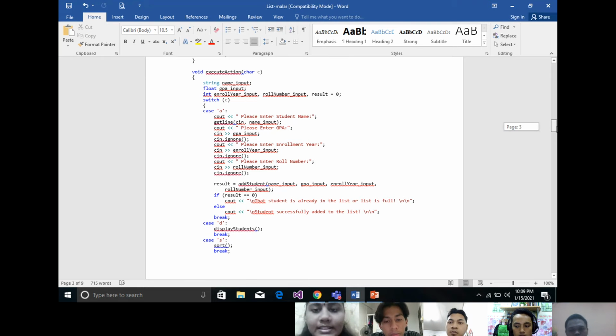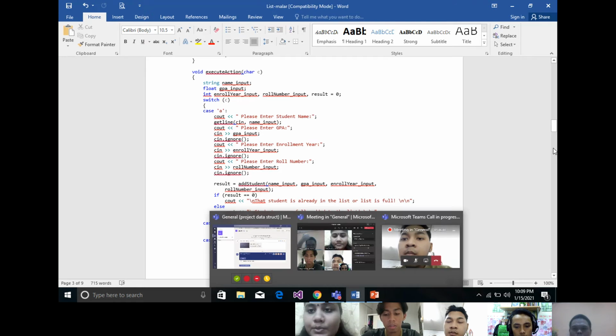Okay, in add student, this function adds a new student with the details given. Add the student to the array of objects only if there is remaining capacity. This function returns 1 if the student is successfully added. If not, the function returns 0.